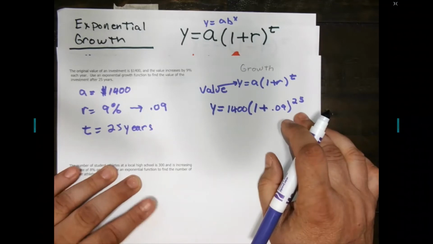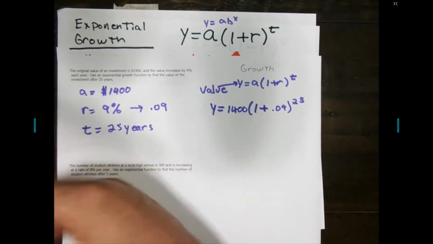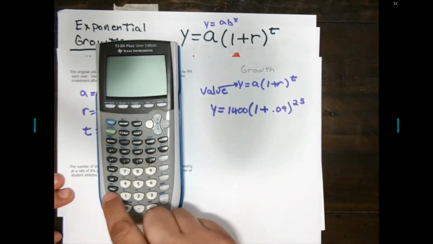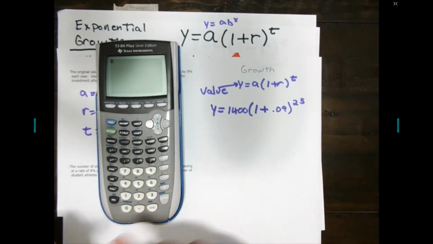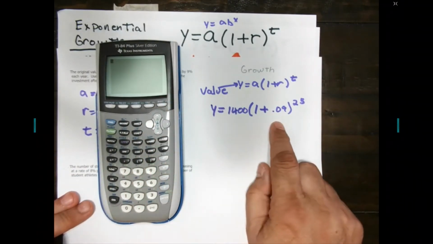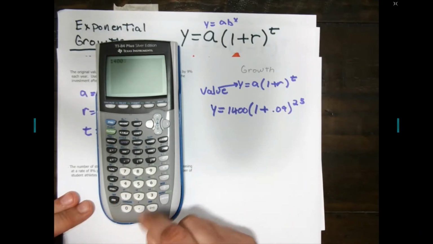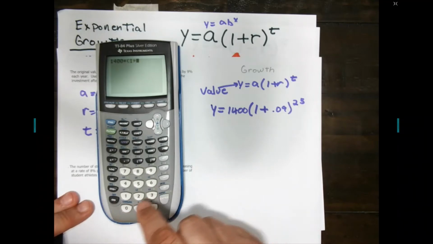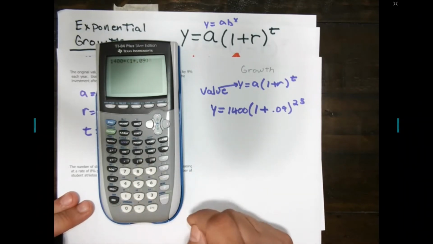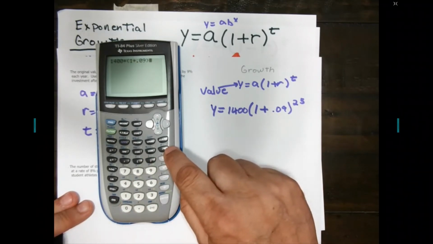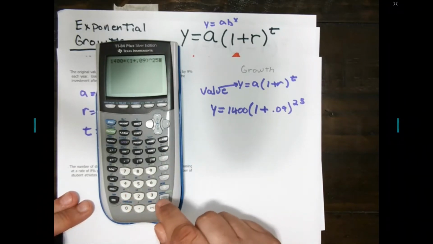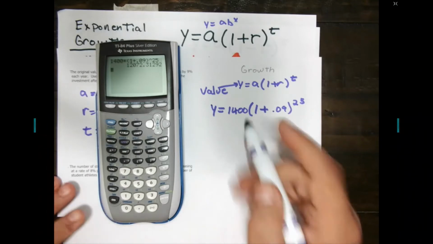Now you're going to need your calculator to actually calculate this. You can use your phone, or if you have a calculator, use it. So I'm going to turn my calculator on here and clear it. I'm going to type it in just like I see it. $1,400 times my parenthesis 1 plus 0.09, close my parenthesis. I'm going to use the caret symbol, the hat, for my power to the 25. Okay. I press my enter key and my answer is going to be